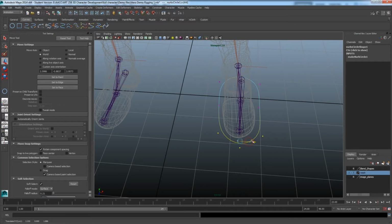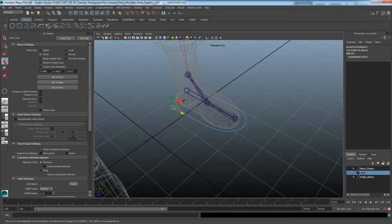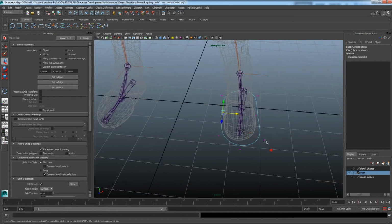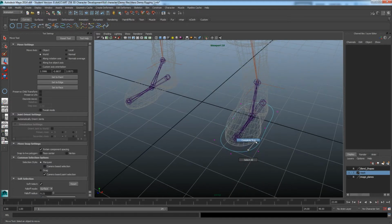I can move these over here, take this one over here, grab this one, and kind of orient these in a way that resembles a foot. And that's probably close enough for what we're aiming for. Alright, so you get the idea. You can play with the curves. So let's go to